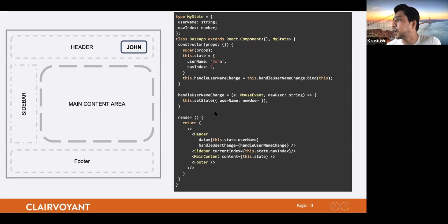Then similarly, we have a handle method so that we can mutate our state, the data displayed inside our component. This is a pretty handy method we get in class components. And then you can see the boilerplate for the class components: we have a constructor, props, and some this.state for initialization purposes, with a handler method bound to it.